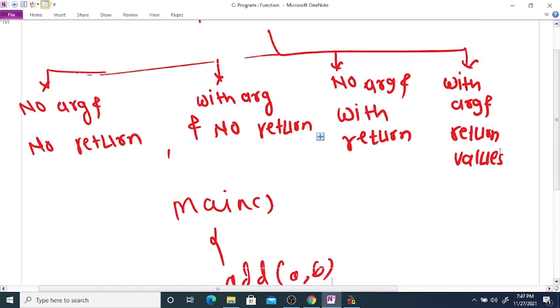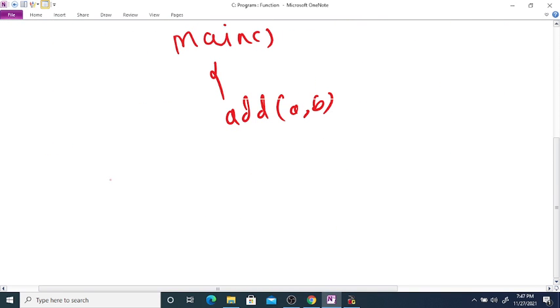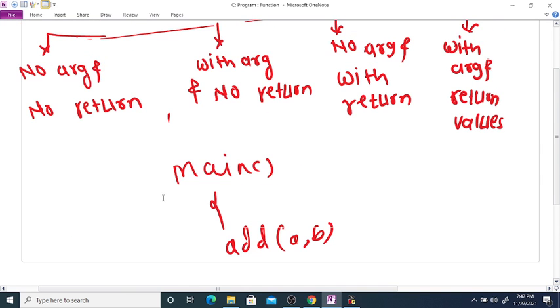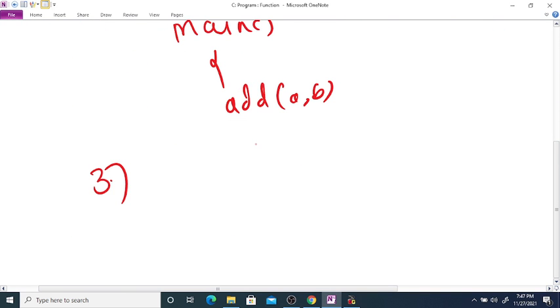Now the next part, no argument with return. The third type is no argument but return.